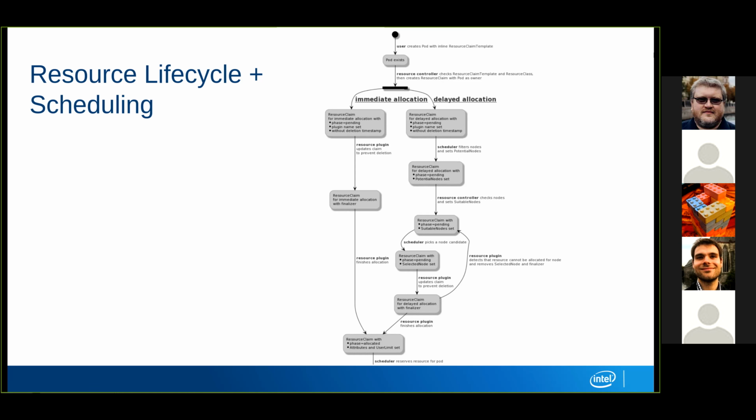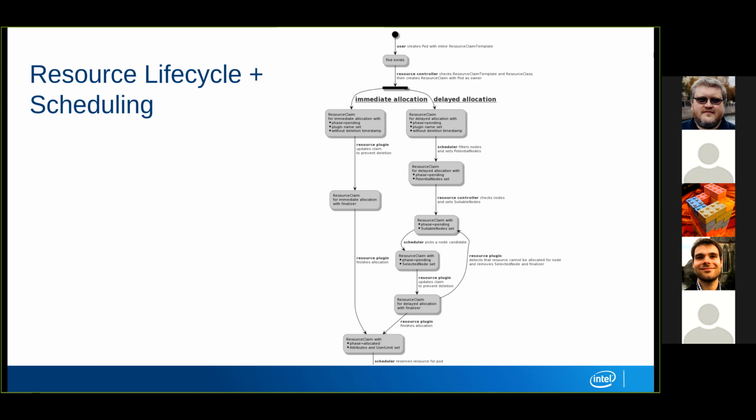It basically has to reach out to the third-party add-on, and it does that by updating the resource claim, specifying, yeah, we are currently investigating in Kube Scheduler that these nodes might be suitable for the resource,